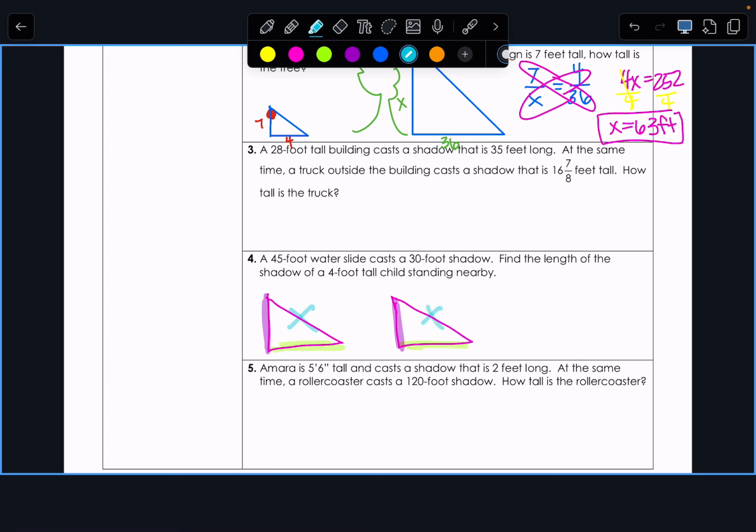It's going to be either the vertical or the horizontal, okay? So, like in number 4, you can draw those 2, or you can say, ooh, I'm going to draw a water slide, and then, ooh, I'm going to draw a 4-foot child, okay? You can draw those, or you don't have to, okay? But you need the 2 triangles. So I think it would be best that we get a good chunk of work time